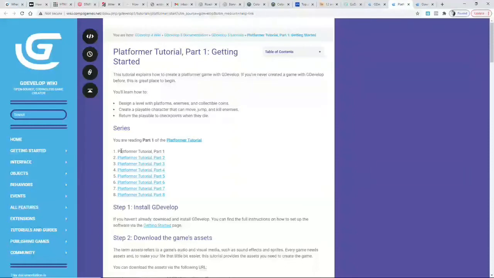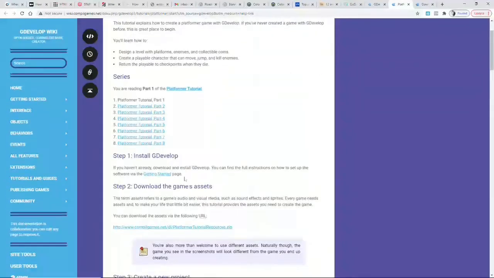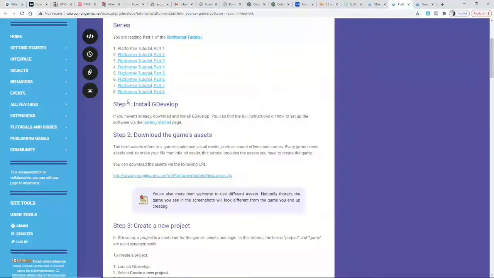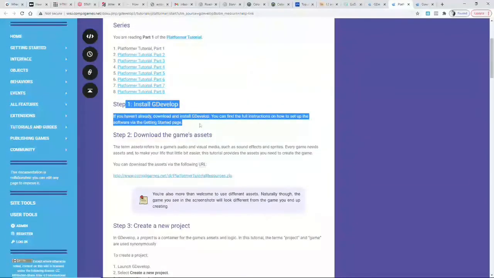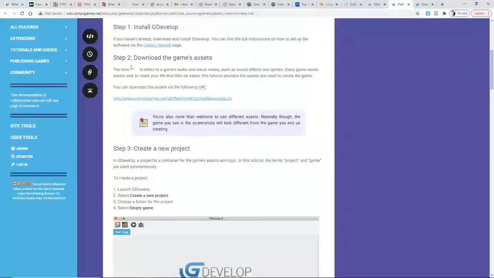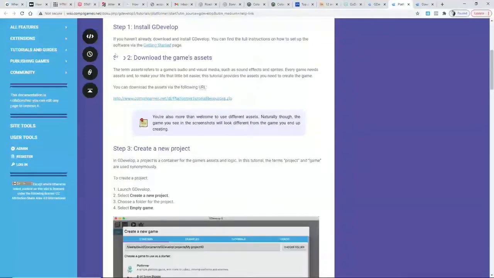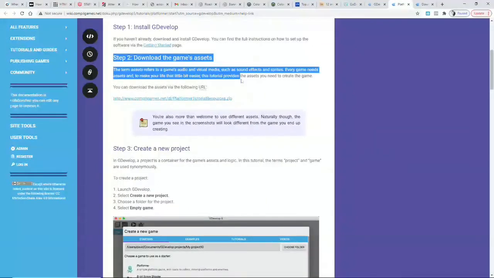So we're going to start with Platformer, part 1 tutorial. We're actually going to work our way all the way through all 8 of these tutorials. All right, so it says step 1, install GDevelop. We can't do that, so ignore that. Step 2, download the game's assets. We can do that, so